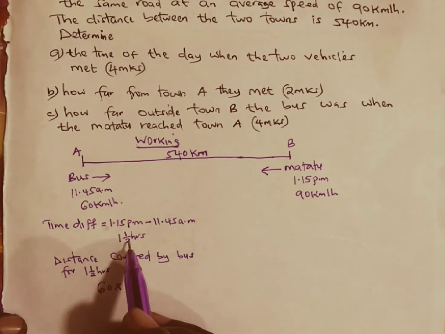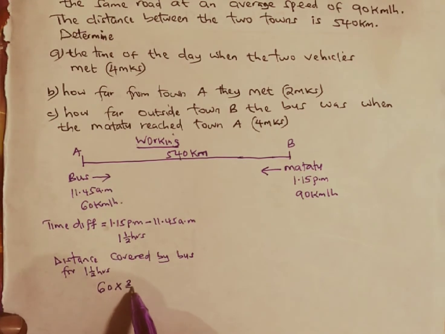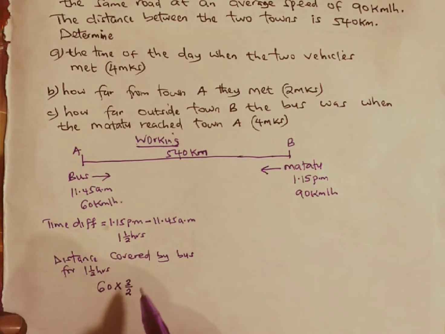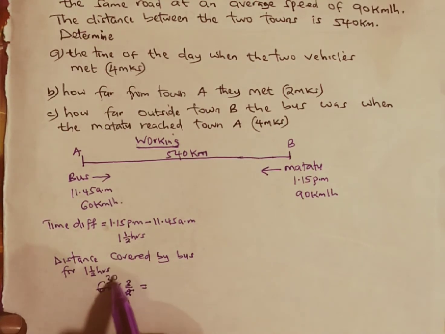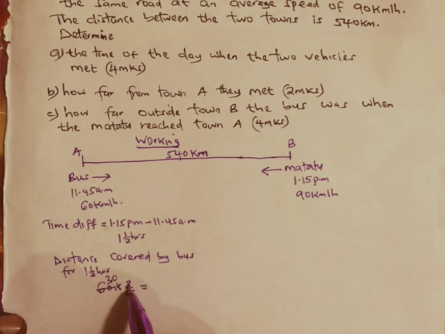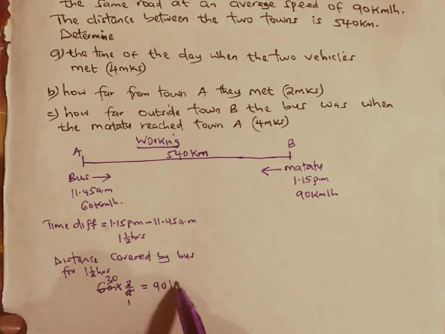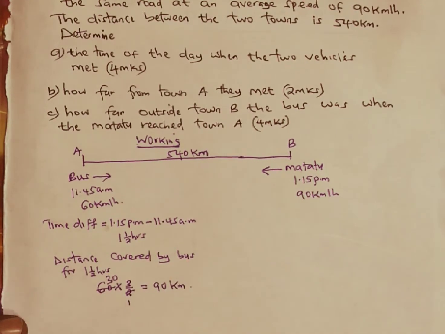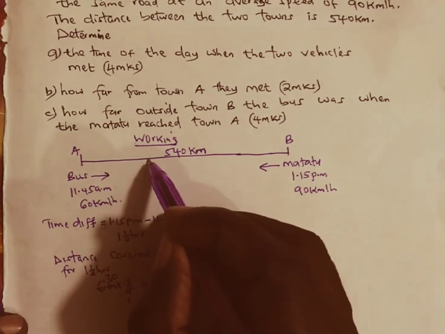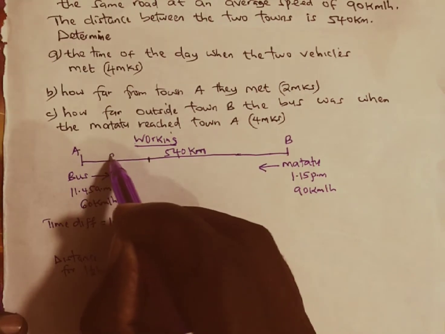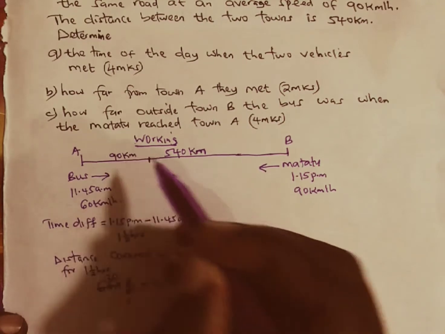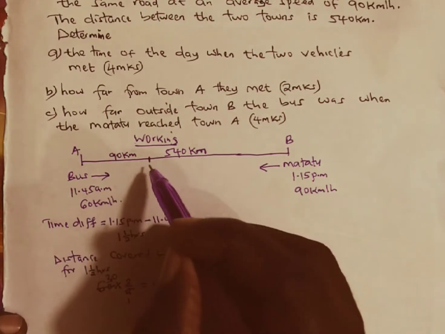We multiply by the time, which is 3 out of 2 as an improper fraction, and if you work out this, 2 goes to itself once, it goes to 60 30 times, and if you take 30 you multiply by 3, this one will give us 90 kilometers. So it means the matatu is starting the journey when the bus has already covered 90 kilometers,